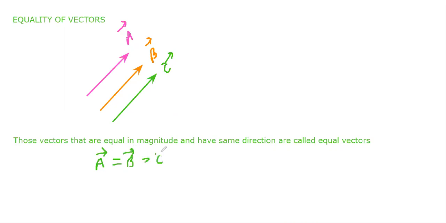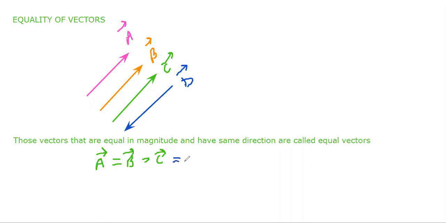So what is the condition for vectors to be equal? They should have equal magnitude and also have the same direction. Like in this case, A, B, C are three different vectors but are moving in the same direction and have the same magnitude, that is the length. Suppose there is one more vector which is going in the opposite direction, as you can see, but has the same magnitude. Let this be D vector, going in the opposite direction to A, B, and C, but having the same magnitude and opposite direction.